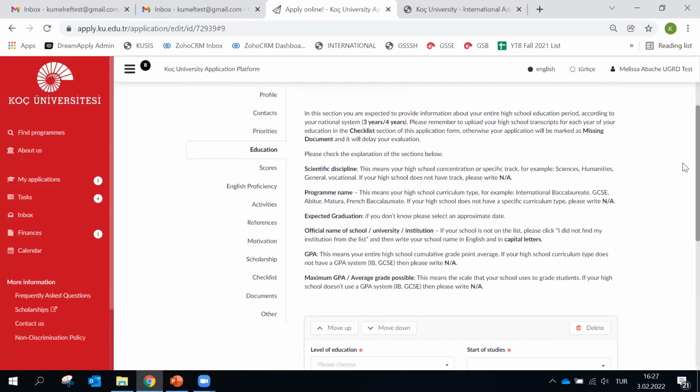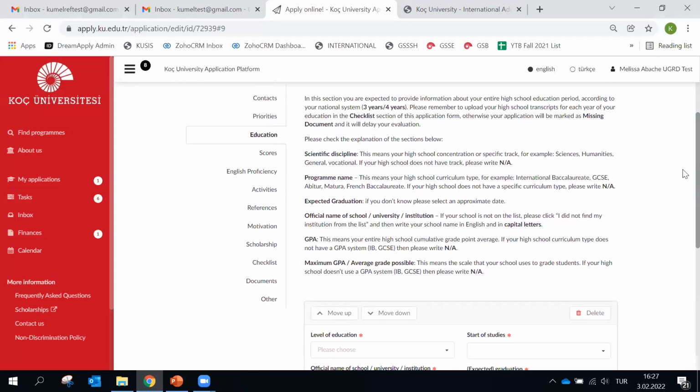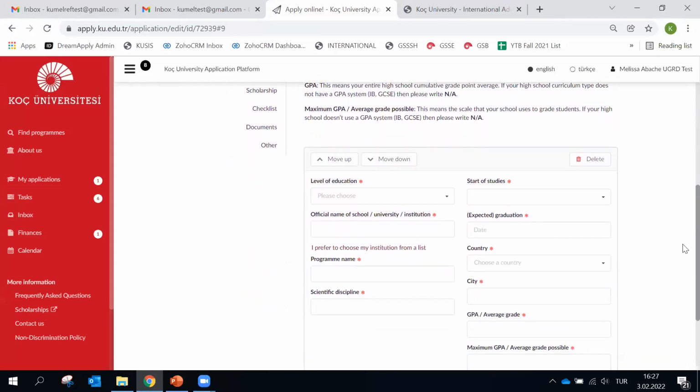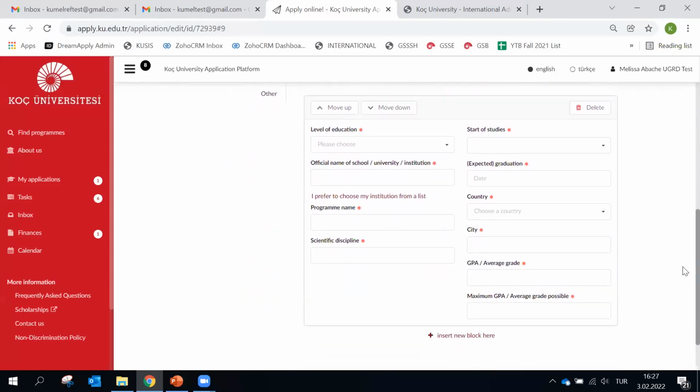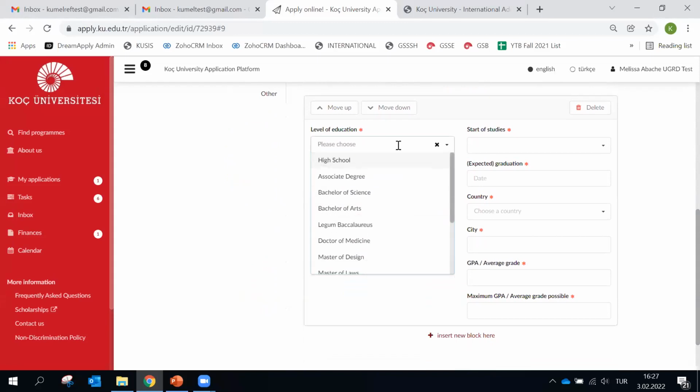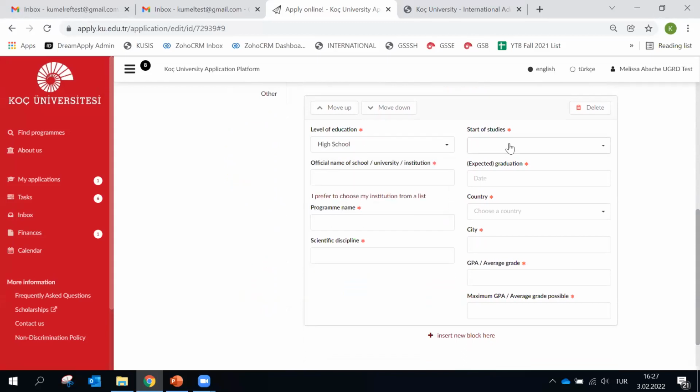Now here, the idea is that you should provide information about all of your studies up to now. The main thing that our admission committee members are looking for is to know about your high school education. Typically that's where you would start with your high school. You're going to indicate when you started your studies. So let's say, for example,